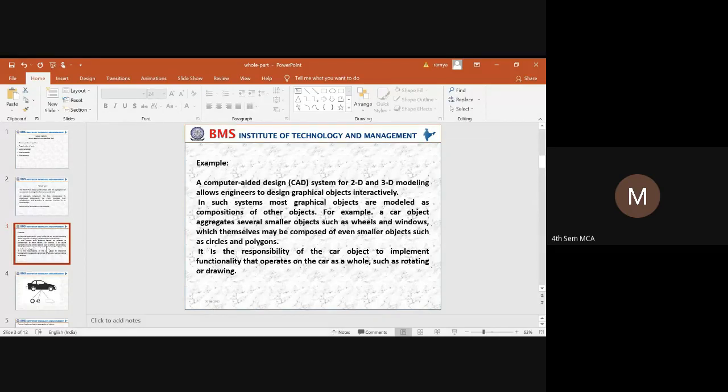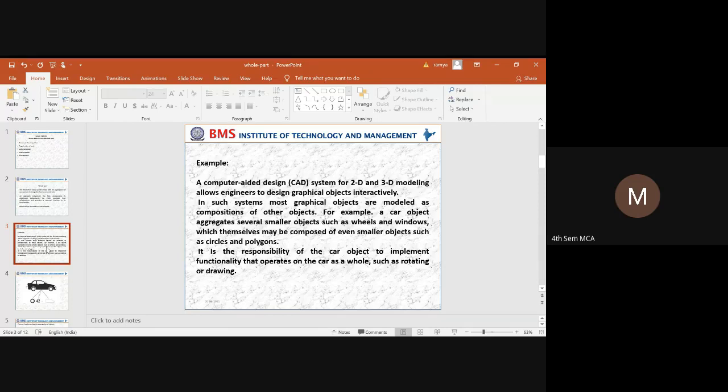How are they going to use this CAD system? They are going to use it for modeling purposes. The modeling can be either 2D objects or 3D objects. Depending upon what type of objects or interactive systems have to be brought, they are going to develop either 2D or 3D modeling.